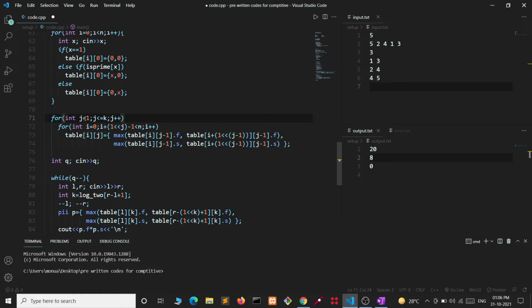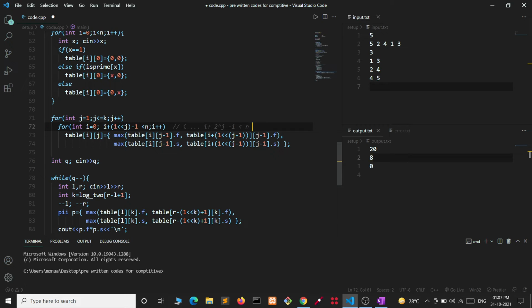Now let's build the other columns. We are iterating from column number 1 up to column number k, and we are checking whether the index we get at the end of the range, where the range begins from I and goes to I plus 2 to power j minus 1, is less than n. Then only we will be able to store the answer for this range.